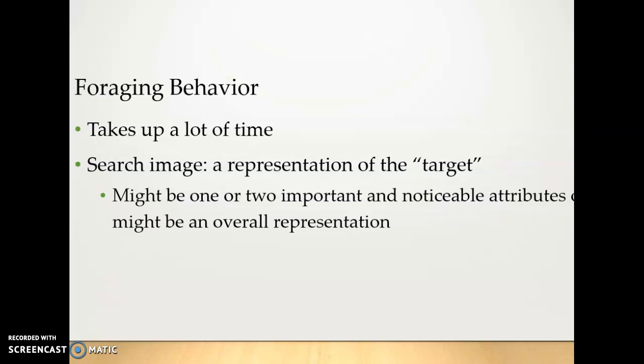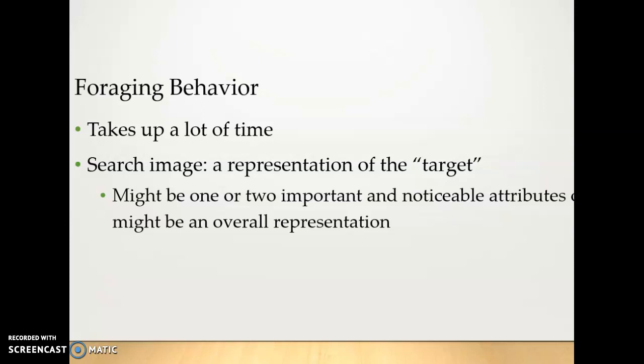The same thing is true with non-human animals. They have an idea of what it is that they're looking for. It might be size, it might be color, it might be an overall representation. If a dolphin is looking for a fish, well, they're probably not looking using their eyes. But if they are looking using their eyes, since humans are visual, we tend to relate best to that, then they might look for a flicker in the water, or they might look for silver, or they might look for movement, or they might have an image actually of a fish. Maybe there are fish that they prefer. And so they're going to look for that one fish and maybe take a little more time to look for it. We'll talk about the decisions that are made a little bit later.